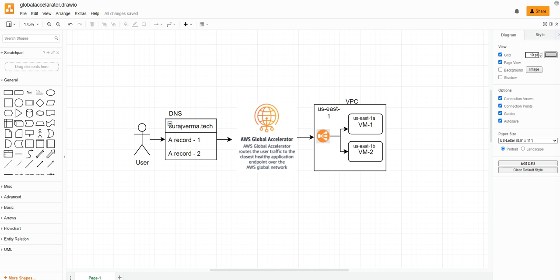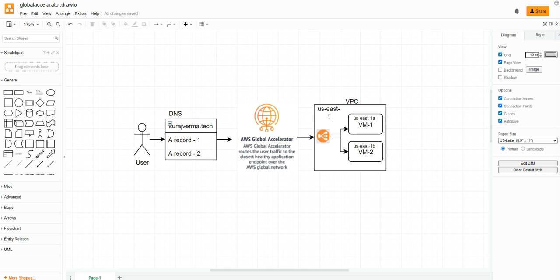Now, if you talk about the endpoints of AWS Global Accelerator, the endpoints here could be your Application Load Balancer, Network Load Balancer, Amazon EC2 instances, or any Elastic IP address that is associated with any resource in your AWS, right? Here, the endpoints could be in multiple regions, or it can be a single regional endpoint, right?